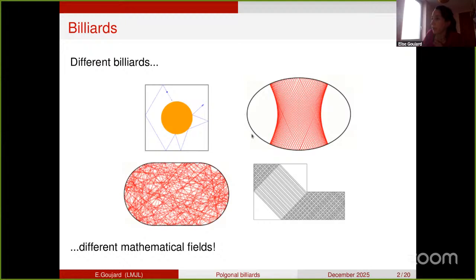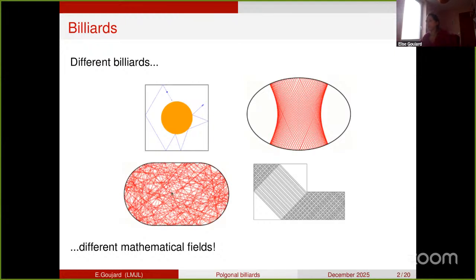This is a billiard in a very different shape. It's in the ellipse, and you see the trajectories are very regular. So here, to study this, you will more use integrable systems, KAM theory, and so on, to get some information about the trajectories, for instance. Here below is the Bunimovich stadium billiard, which is very chaotic. And here you can use, for instance, spectral theory, more analysis to study